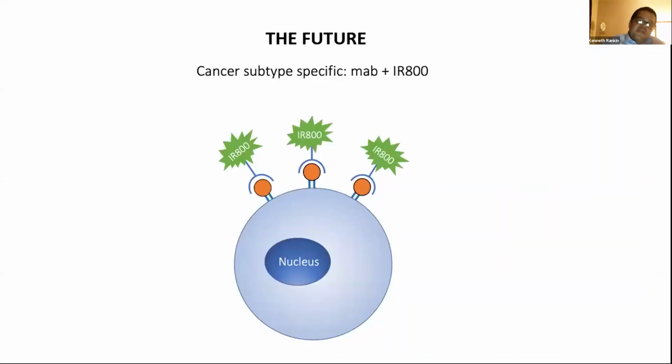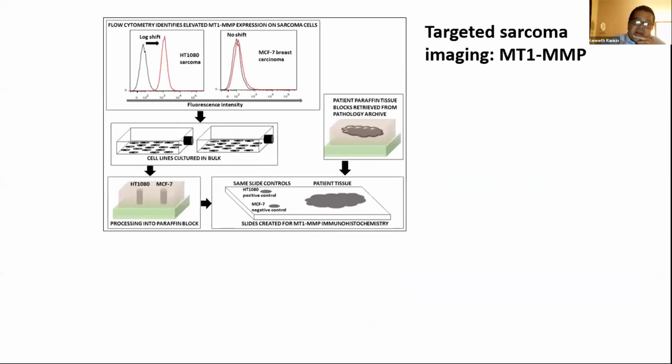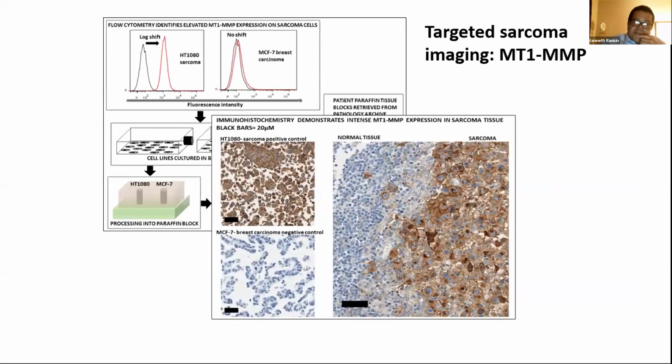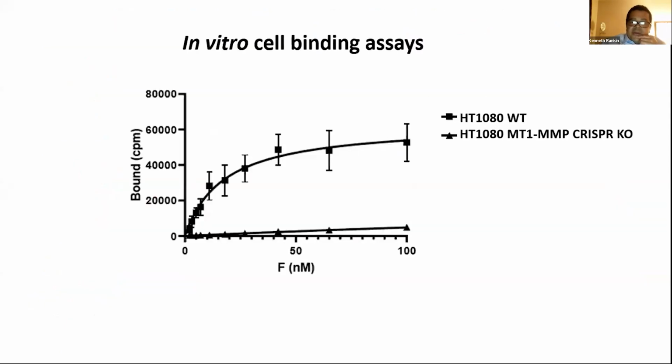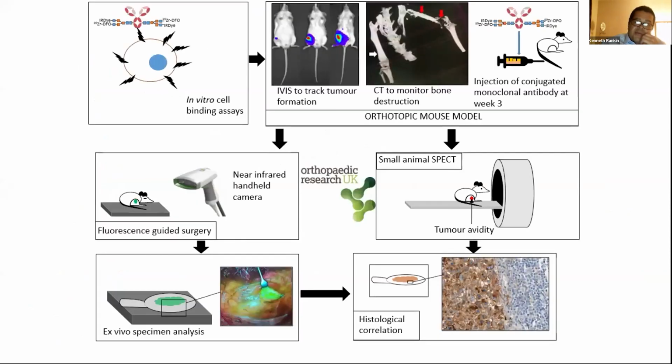And of course, looking to the future, it's not just about ICG, it's about targeted agents. So we work with radiochemists who can label monoclonal antibodies with infrared dye. MT1MMP, as I mentioned before, is a good marker for sarcoma. And that's our radiochemist labeling the monoclonal antibody with infrared dye 800 and zirconium-89, and then doing a CRISPR knockdown of the HT1080 cells. We've got a working model of bone sarcoma, so we place the HT1080 cells into the distal femur, and these will reliably form tumors within